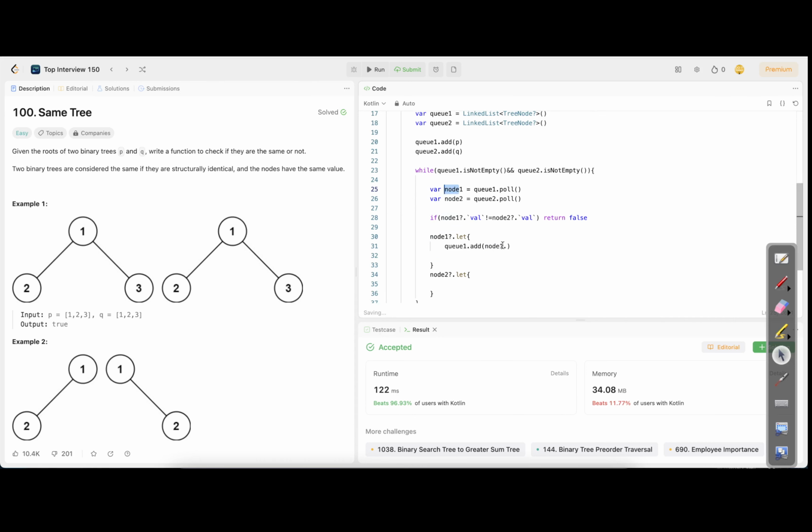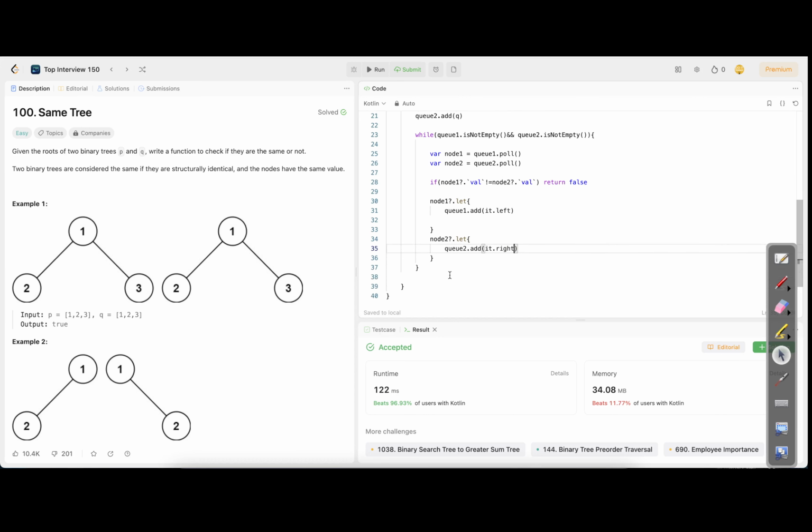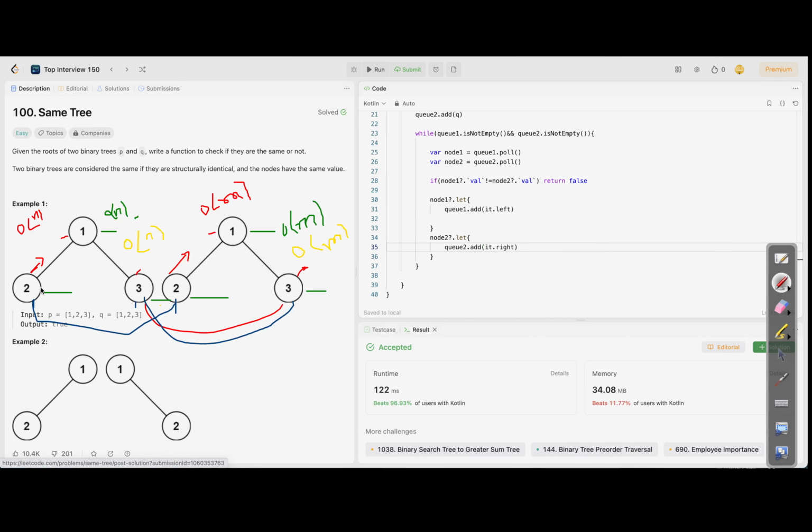So let's not consume more time over here. Let's take this one, node 1 dot left. Okay, and q2 of it dot right. Okay, we keep adding them,